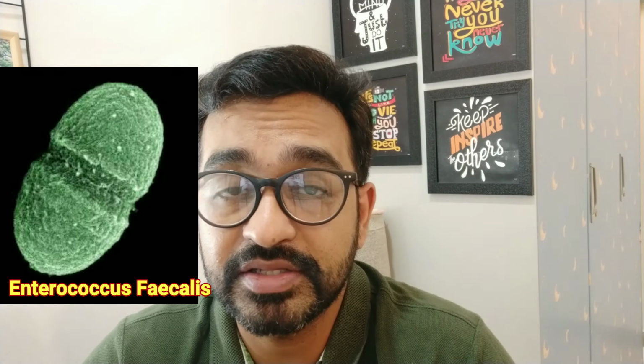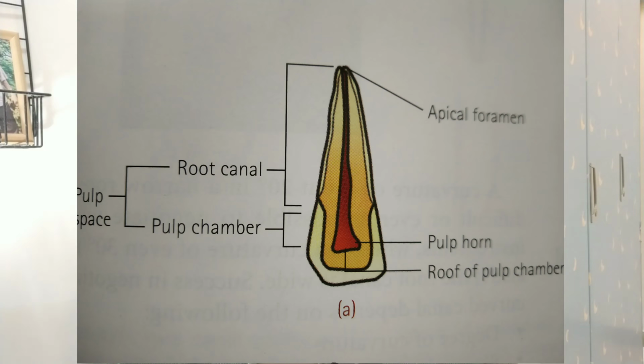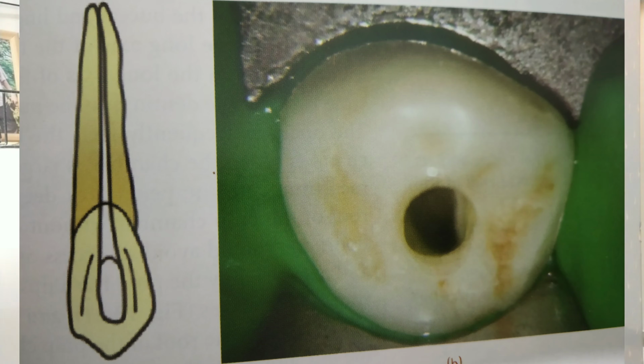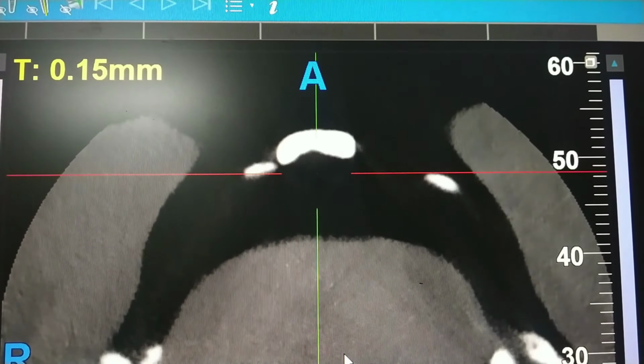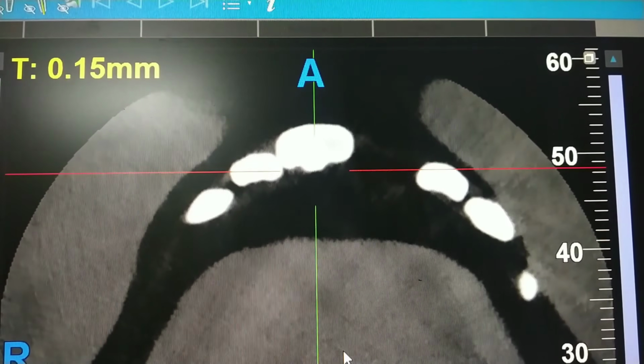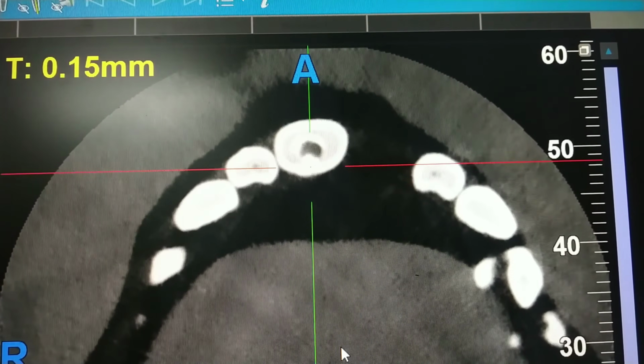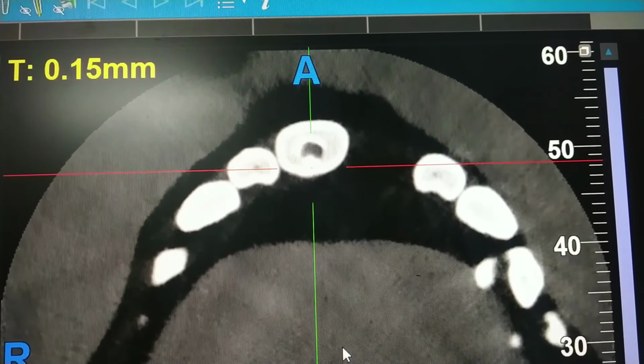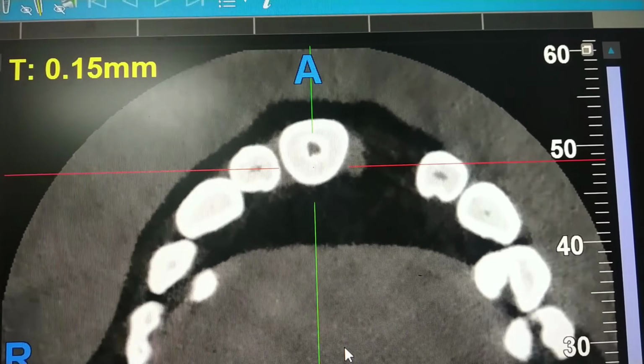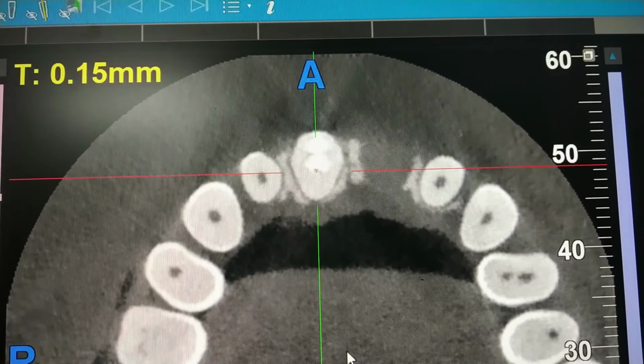The most common organism which causes the failure of the root canal is E. faecalis, right? And we all know the central incisor. The average length of the central incisor is around 23.5 mm, and it's ovoid in shape. The canal shape is a little bit ovoid mesiodistally. So this is the maxillary central incisor, and this is the CBCT image, and you can see the pulp chamber is ovoid in shape, and as I go down till the apex of the tooth,